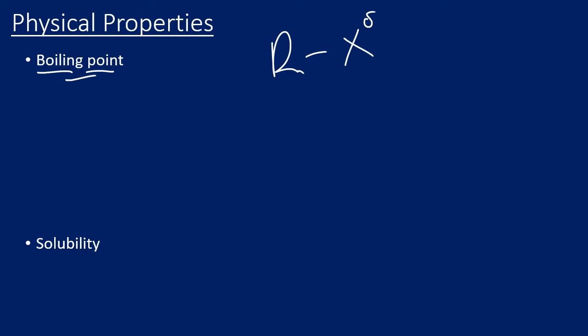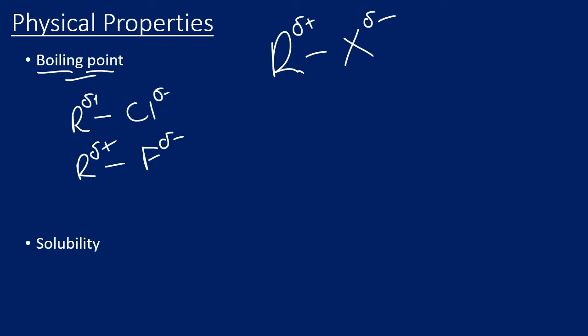So one of the forces we're going to find is a permanent dipole, which is one of our intermolecular forces. We're also going to have van der Waals forces to consider. That's where a comparison between something of the exact same R group with an RF or an RCl. Now we've seen already that this one will be more polar, so the permanent dipole will be stronger for this one. Therefore, the boiling point of this one will be higher than the boiling point of this one. Simply because the bond is more polar, the permanent dipoles will be stronger, more energy would be needed to separate